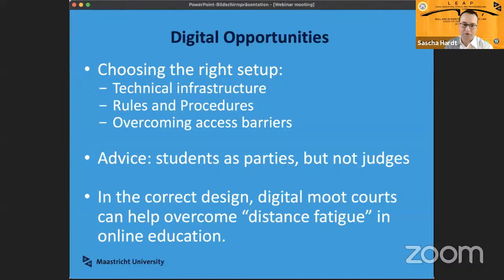We need moot courts for, especially in this day and age,